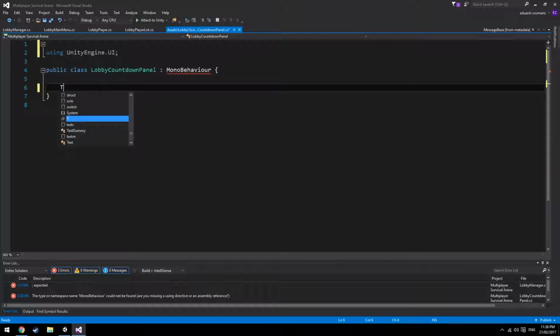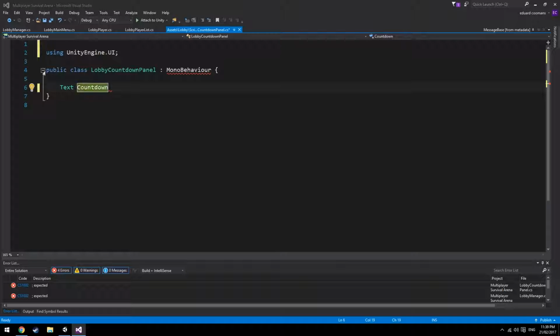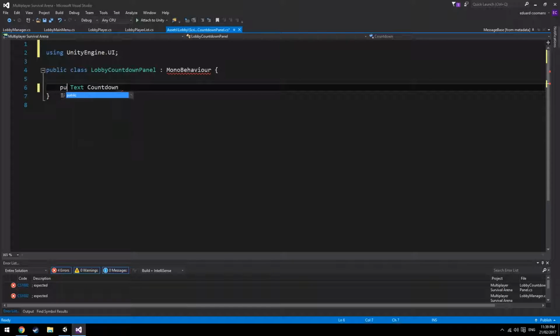And here we just get a text element, countdown time, or just let's make it public countdown UI